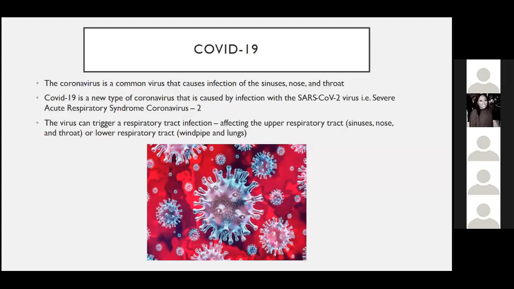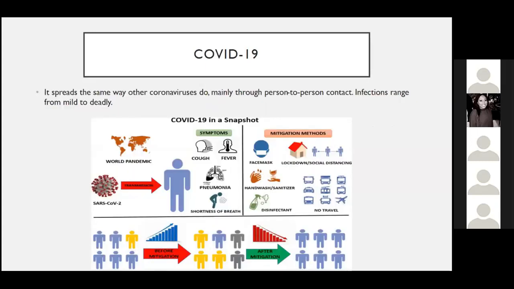So we just move on to how the virus is spread. It is spread the same way as other coronaviruses do, which is mainly through person-to-person contact. This is mainly through the inhalation of infected respiratory droplets from infected persons. Infected droplets can spread to distances of up to 2 meters, and the virus is viable on surfaces such as